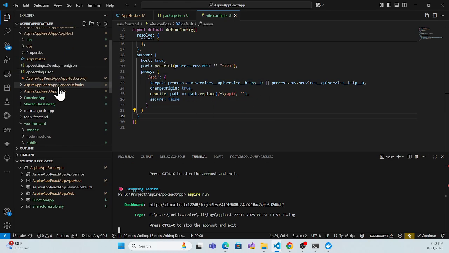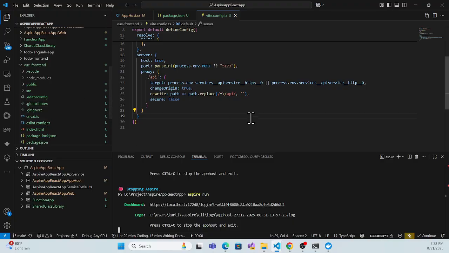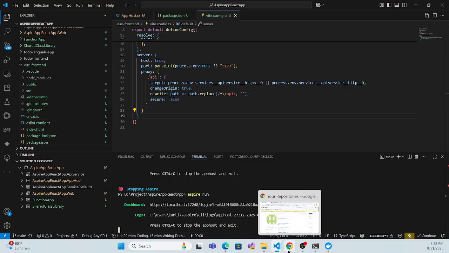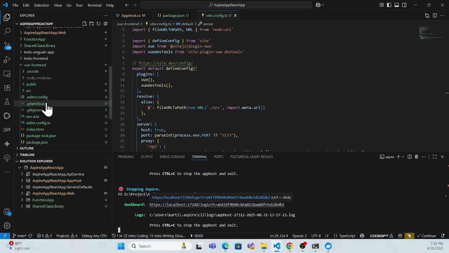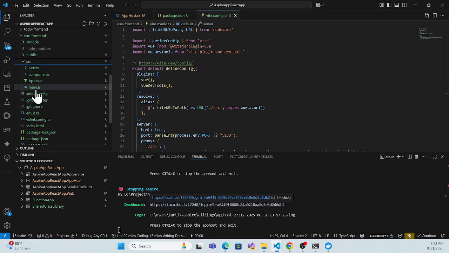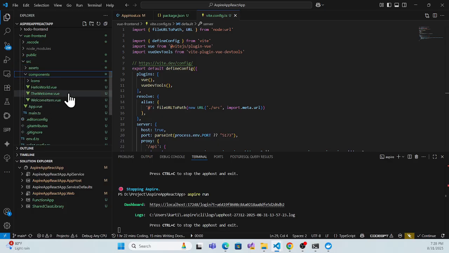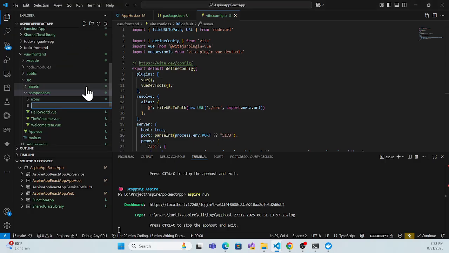Okay, so what I can do now is simply integrate our API service which has the to-do list, right? That to-do list, like we are consuming in other places in our Angular or React. So the same thing I can do over here. For that I can go to the src folder, go to the component, which has that default component over here. I'll create a new component like to-do list, something like that. So I'll create a new file over here. Name would be to-do